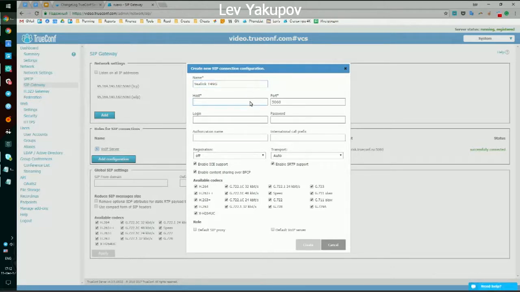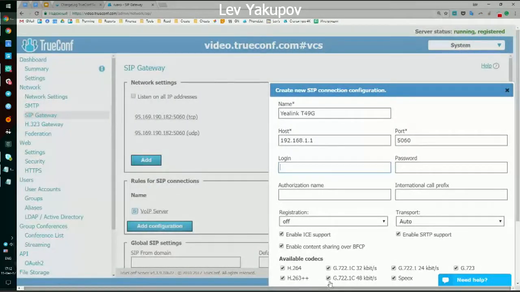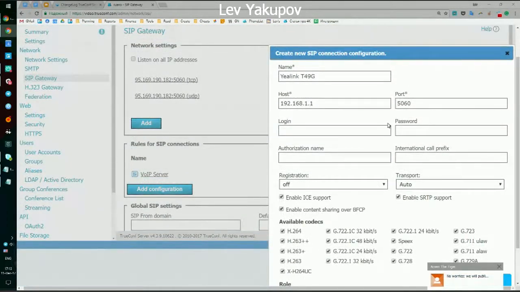So all I need is to specify the IP address of the endpoint for which I'd like to create a special set of rules. I will create some dummy address just to show you how it works. So we have to enter the address in the host field, port. If we need to authenticate, okay, I will make my screen a little bit scaled up. Yeah. So the idea is